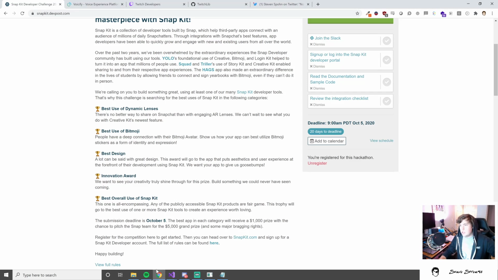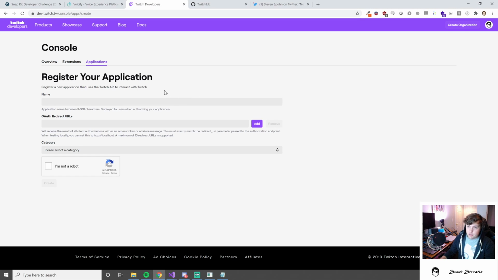Okay. First things first, I just started this process. We've got to create an application. I'm already signed in as Suave Pirate, so we need to create an app. When we create an app on Twitch, that's going to give us OAuth credentials that we can use, and we need to then provide OAuth redirect URLs. When testing, looking to set this. So this is going to need to match a prefix that we're using from the client side,